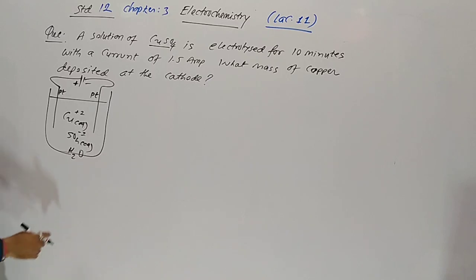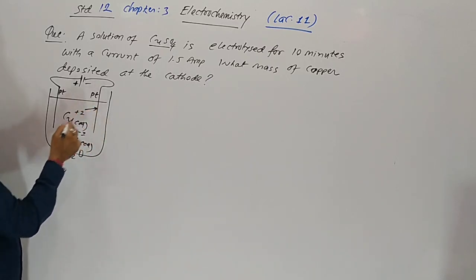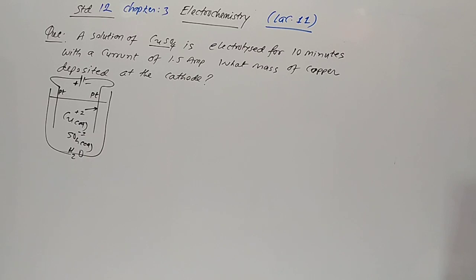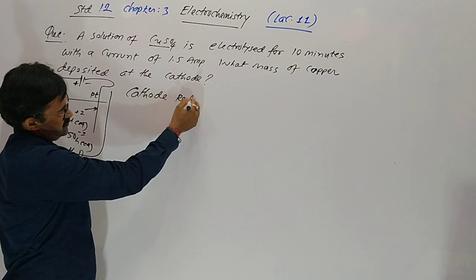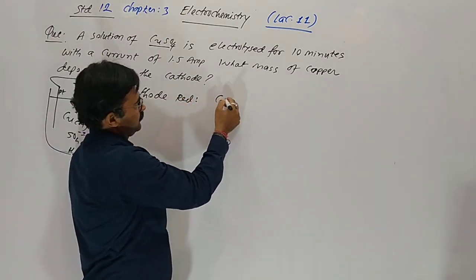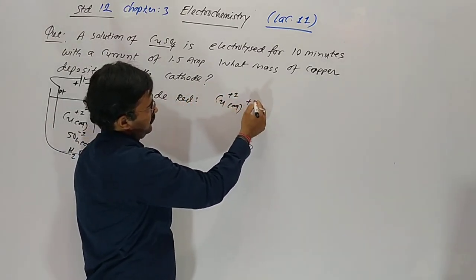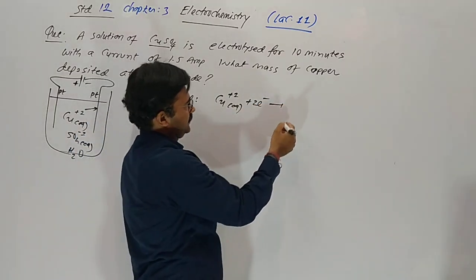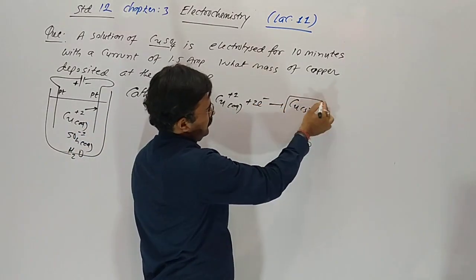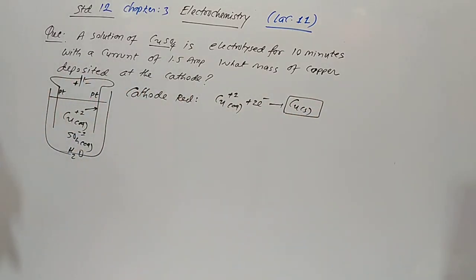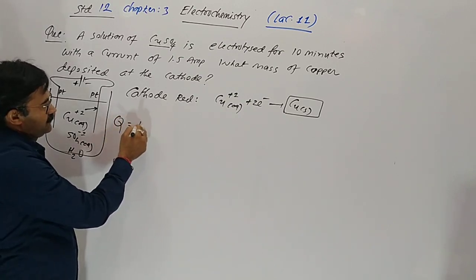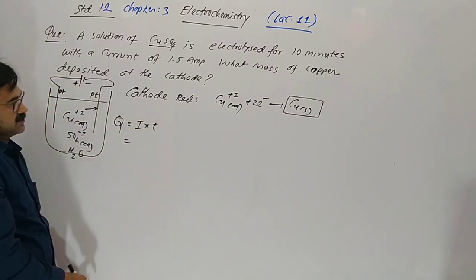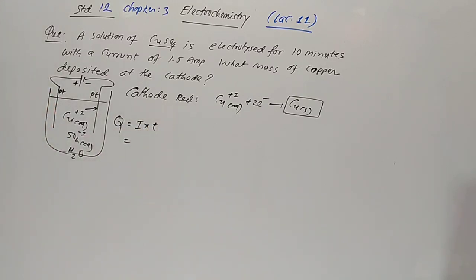So actually Cu2+ moves toward the cathode. So on the cathode, reduction occurs. So there is deposition of copper metal on the platinum rod. How much copper will be deposited at the cathode? We have to find that. Before that, we have to derive how much current is passed, how many coulombs.